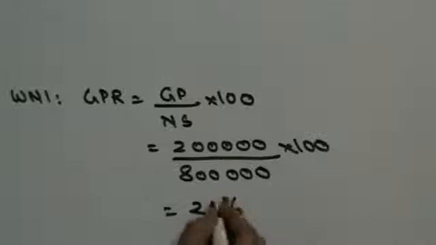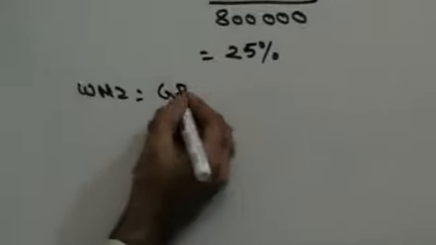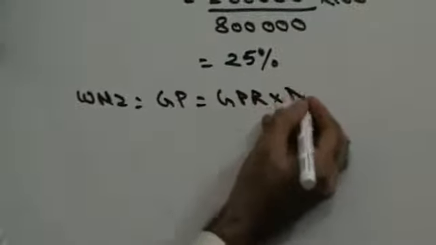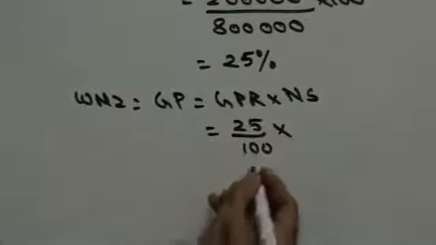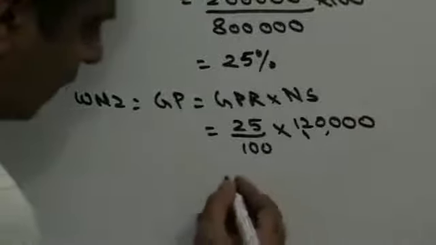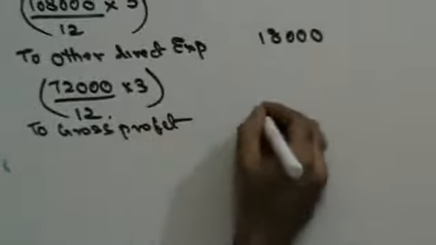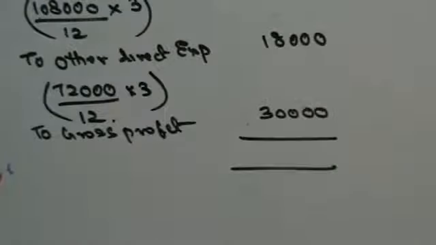No, not 20%, 25%. Right, once I have this, then I can find out working note 2. Gross profit is gross profit ratio into net sales. That's 25% of net sales. Net sales in the current year is 1,20,000. Right? So 25% of 1,20,000 will work out to be 30,000. So this will be gross profit. Gross profit for the current year is going to be 30,000. Right? Let's tally this. When you add this, this comes to